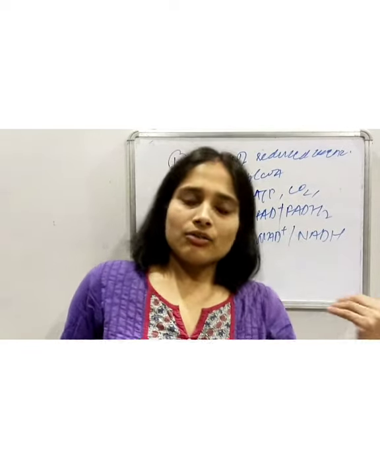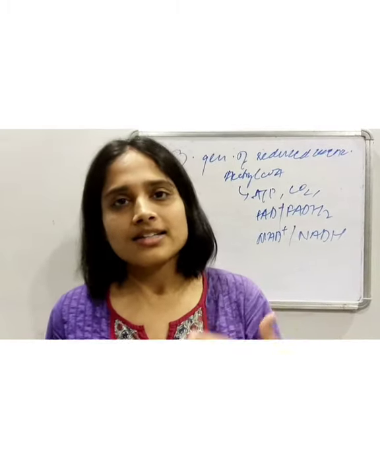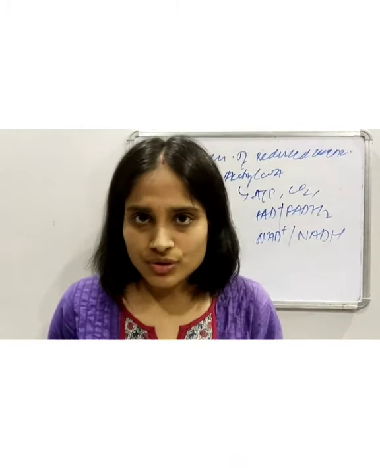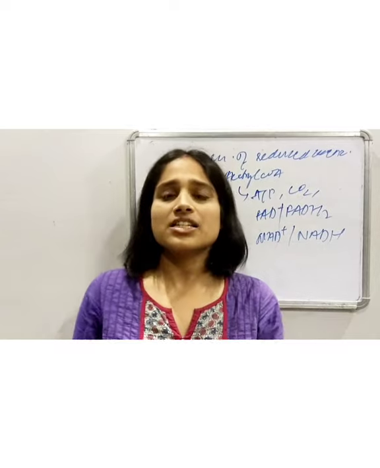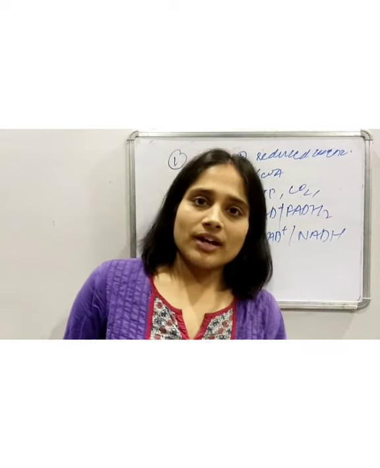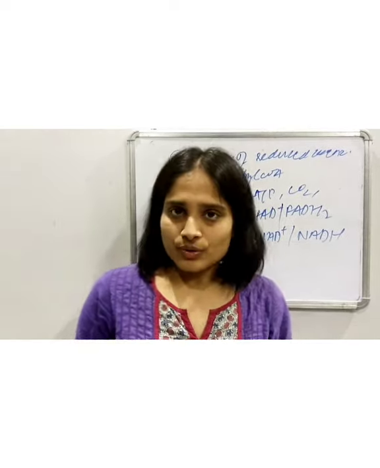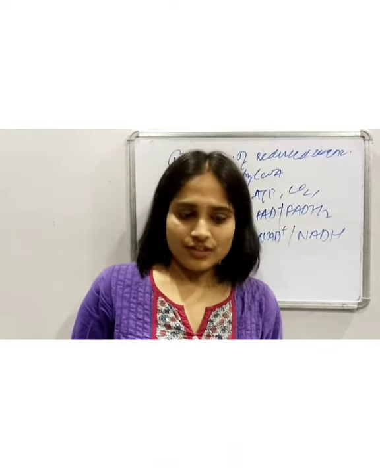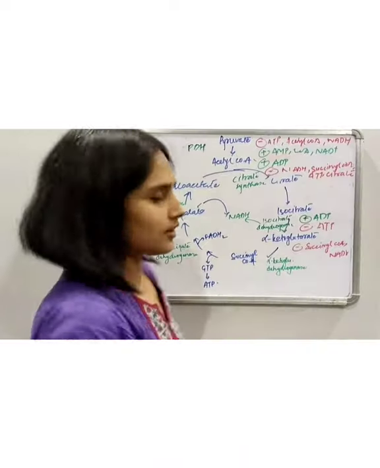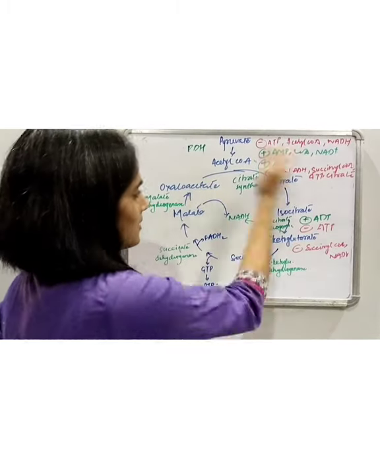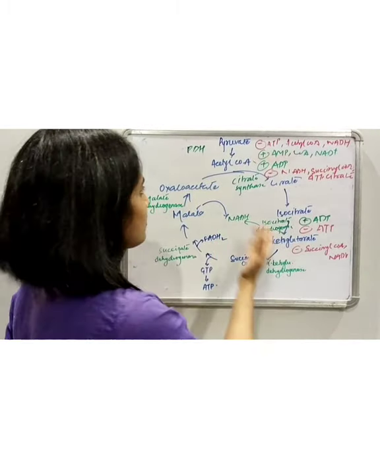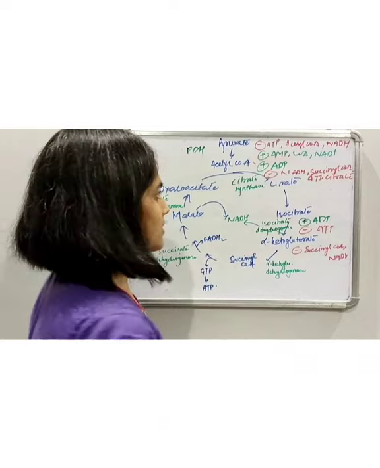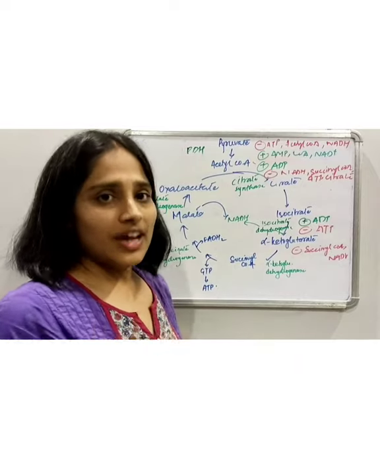So they are known as repressors, and the presence of those modulators increases the speed of the cycle. So they are known as activators. So the modulators again are of two types, repressors and activators. Alright, so now this is the detailed, complete pathway of the citric acid cycle, which is composed of 8 steps